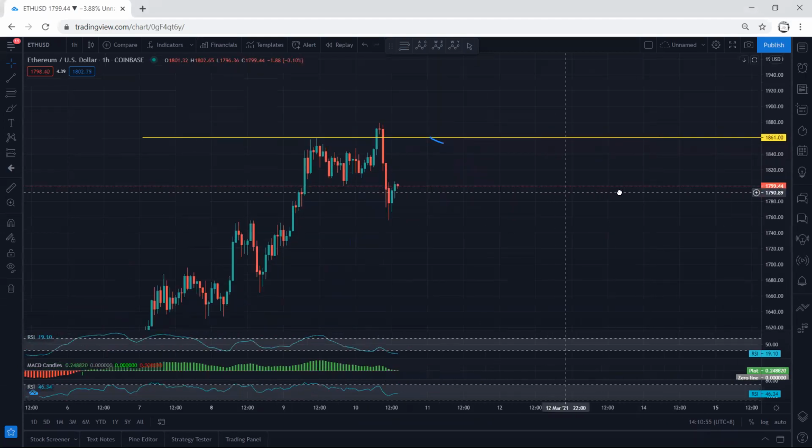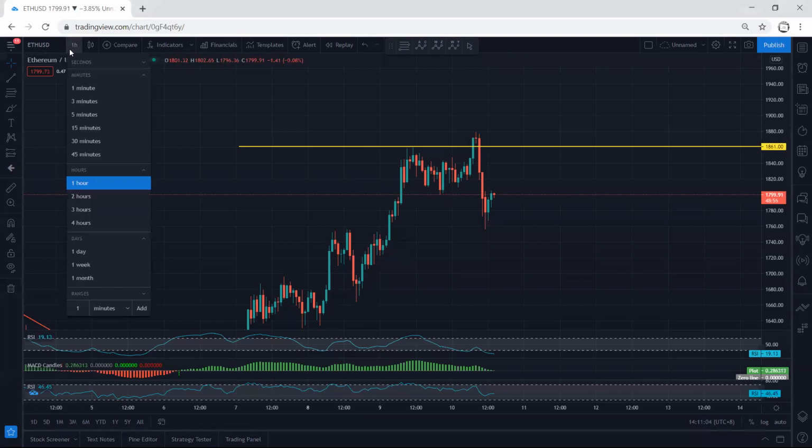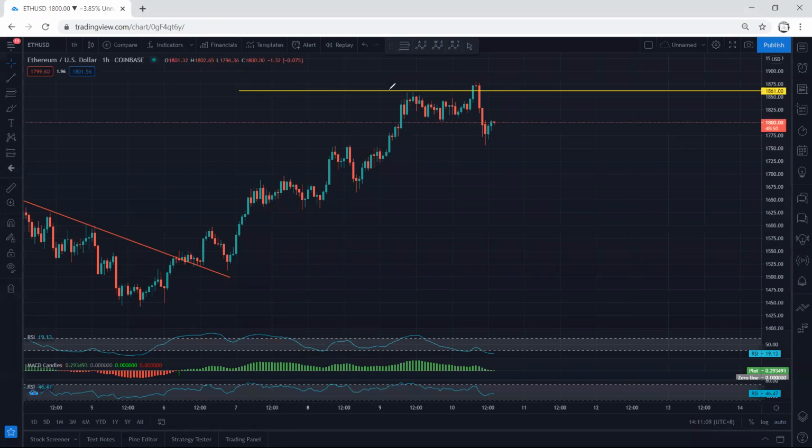If within 1 or 2 hours it's not moving, we take out the trade. As we can see, after we get the trade, we have 3 hours to take out the trade. This is where we should take out the trade. We shouldn't be in the trade. And even if we move to 15 minutes, even based on 1 hour chart, if we put this one and